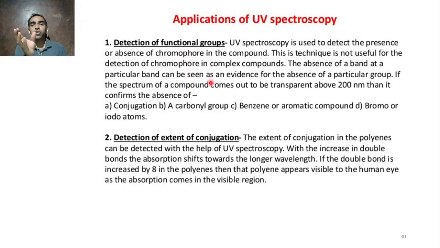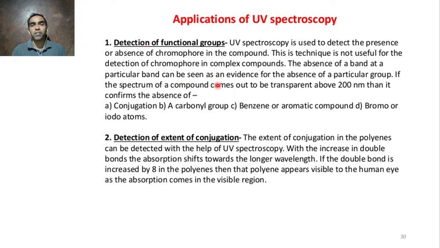Again, see, UV spectroscopy has wide application in semiconductor technology and in inorganic chemistry when you synthesize some nanomaterials. From an organic chemistry point of view, you can just tell whether there is any chromophore or auxochrome, whether there is any absorption in the UV-visible region. But you can't tell what exactly the functional group present is. Functional group detection starts when you go for infrared.